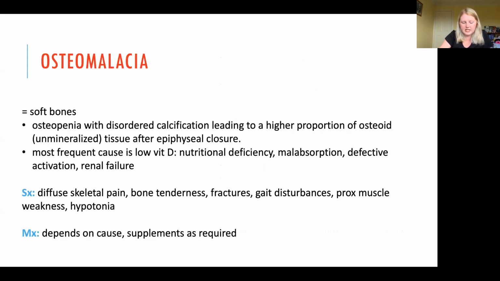And I think this is the last topic on your matrix. I'm very sorry to have rushed through the last one, but osteomalacia is equivalent to rickets in children. It's basically just soft bones, when the bones are not as mineralized as they could be. Osteomalacia is the term we use in adults. The most common cause is low vitamin D, whether